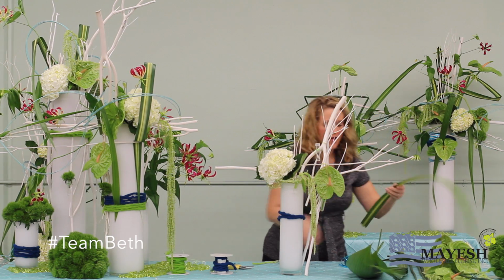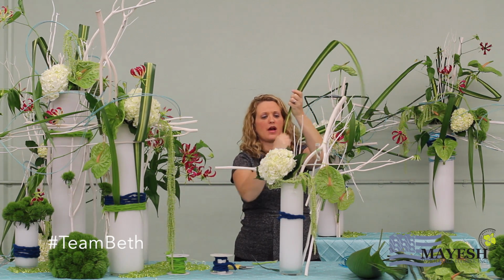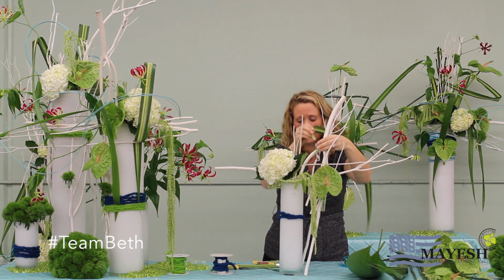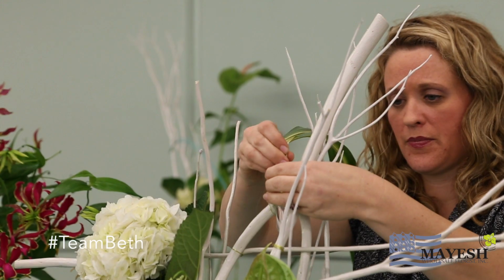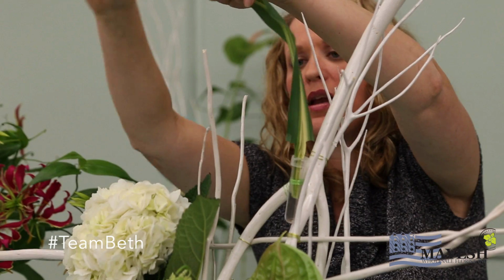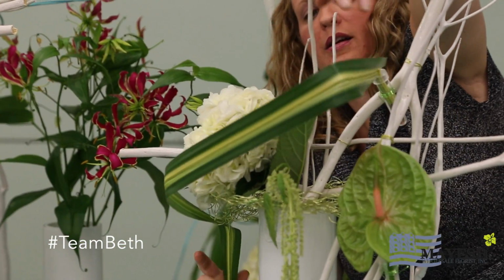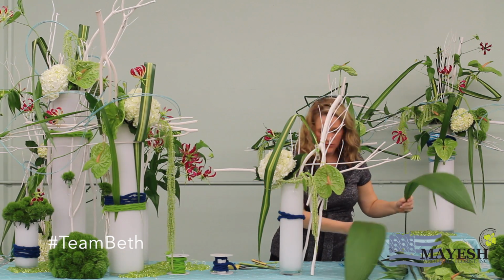So we're gonna add some of the Hala foliage, and when I'm working with the Hala foliage, whether I'm sticking it in foam or whether I'm just going to stick it in the water tube, I always create a nice little space, because it's such a wide flat surface, it's hard to get things into either the foam or the water tube. I'm gonna make a little space in this water tube. And now we're ready to create kind of a really fun line. And you can slip the Hala foliage in through the wire collar and just kind of let it balance on its own. We're gonna go back to this accordion foliage